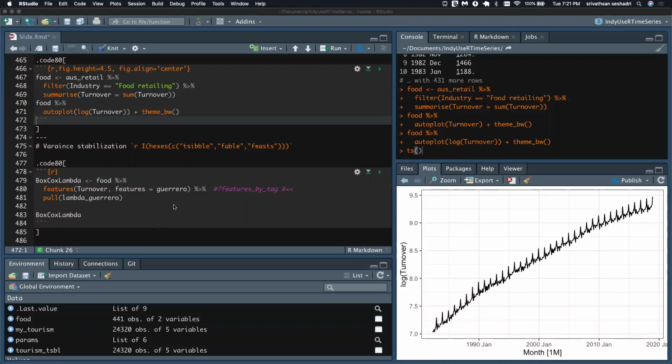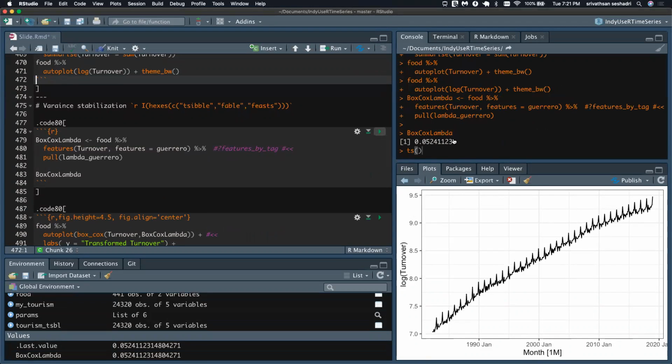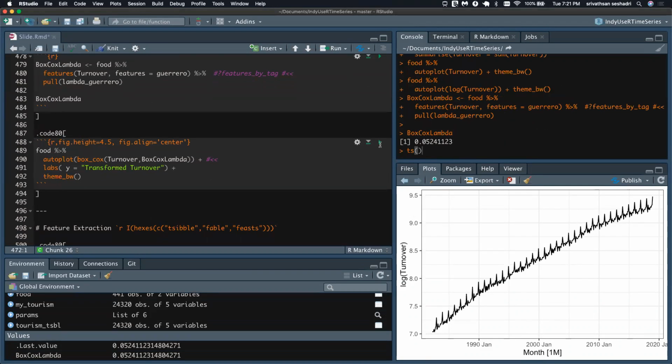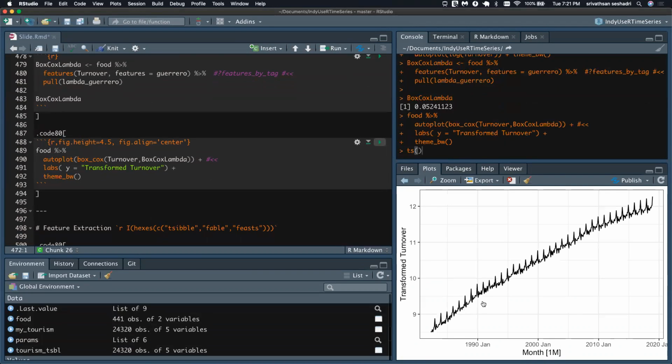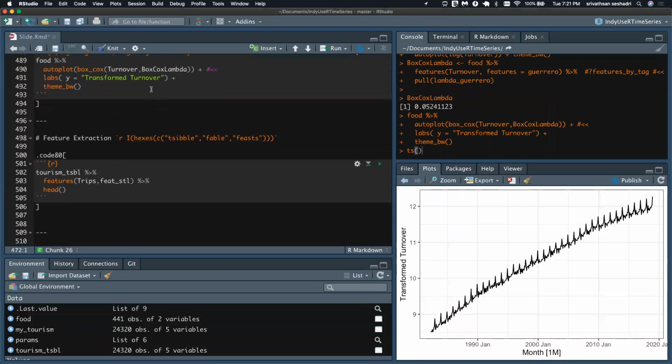So in this case, I'm just running the Box-Cox lambda. Now we have that same thing. This is my favorite. I use it every day. There is a feature, just like how we did Guerrero, you can do features underscore STL.